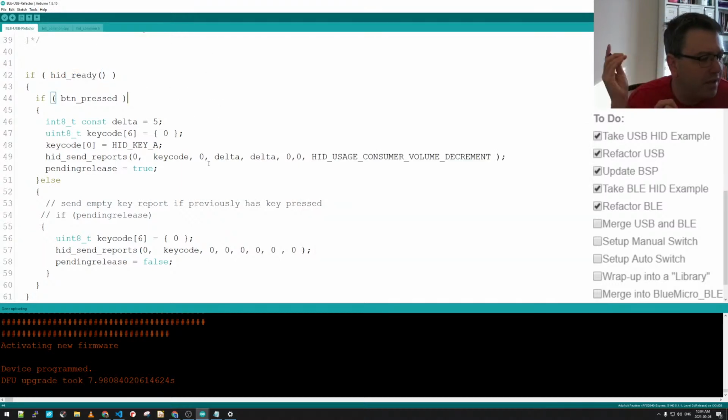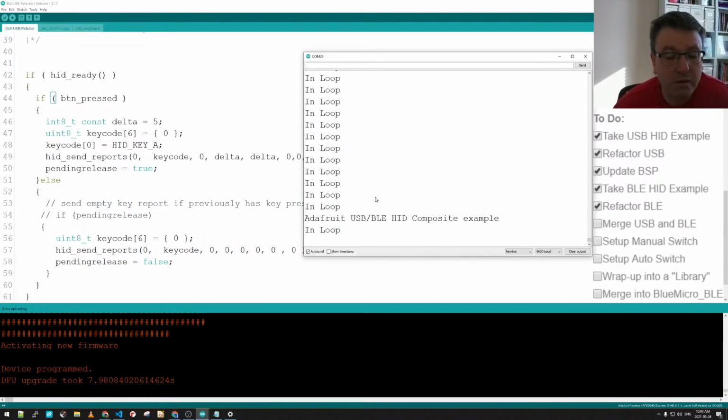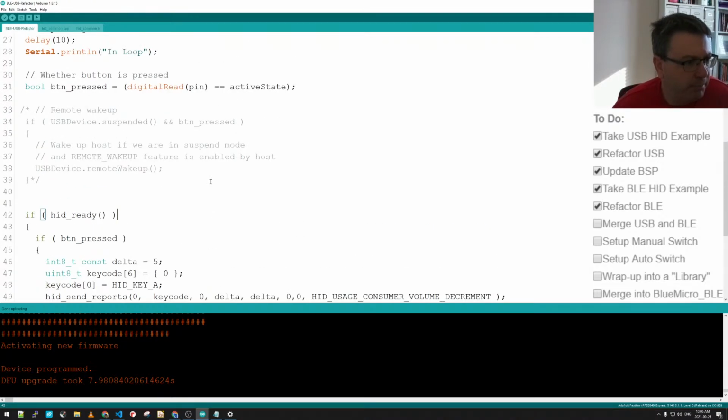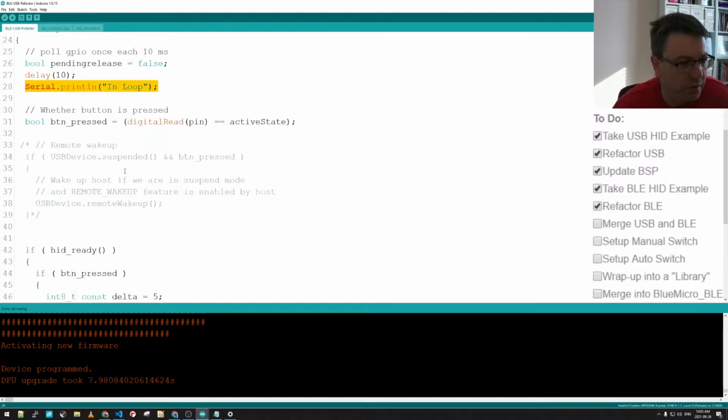It's not happy. Okay. Tools, port 29, the serial monitor. It gets stuck again. That's interesting. Like really early. Huh. Okay. Let's add a bunch of debug statements. So in loop, we know we get in the loop, but then